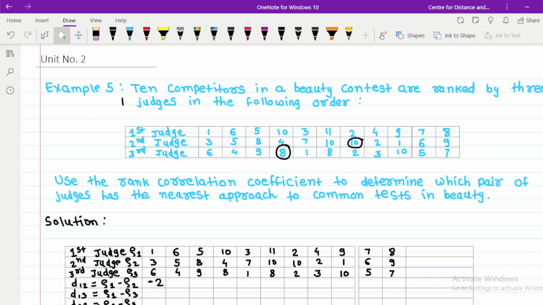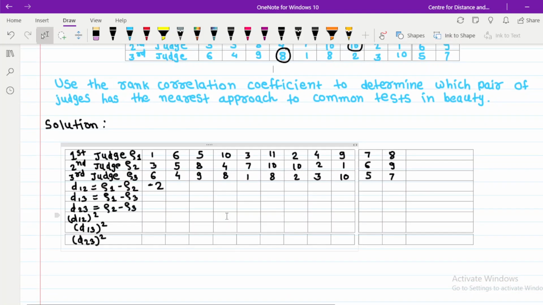Okay, please check it properly and make changes. Then here row 1 minus row 2, then 6 minus 5 is equal to 1,